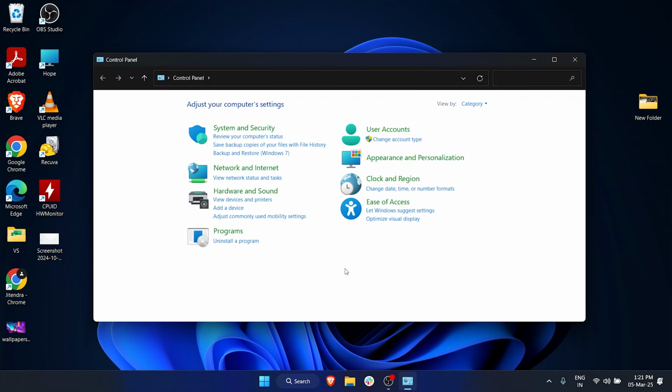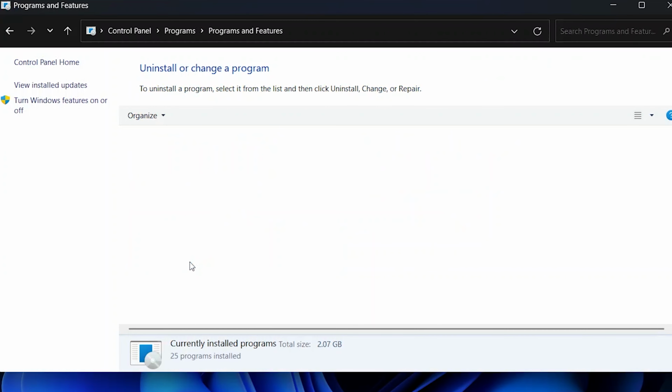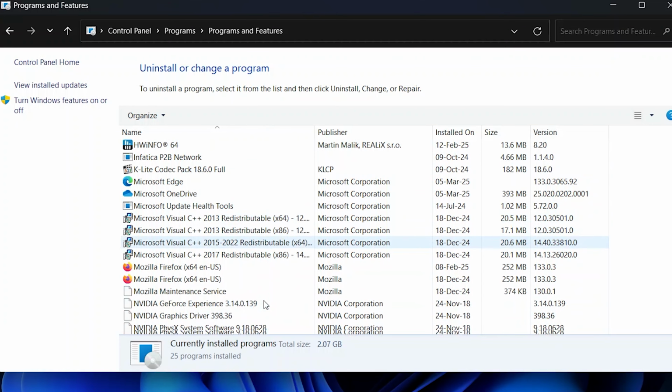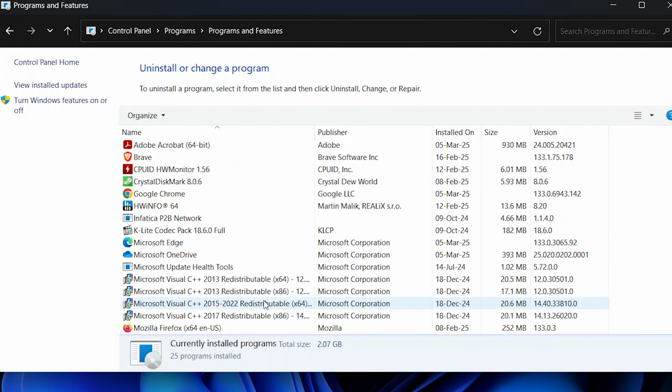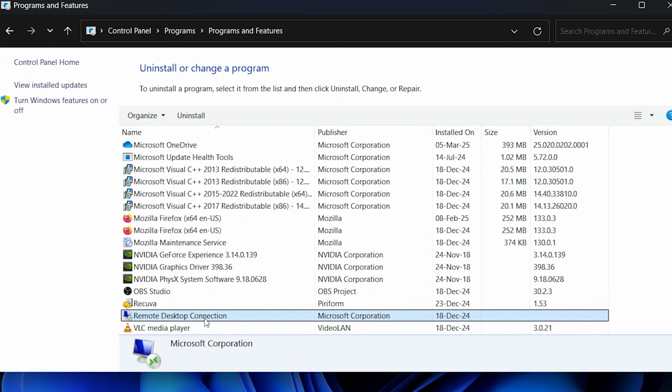We can also go to control panel, and in control panel we have programs. Go to uninstall a program, and again we have a list of all the installed programs on the computer. So let's say I don't want this. I will just select uninstall over here, and then it will uninstall. Alternatively, you also have an uninstall option on the top. So yeah, that's how easy it is to